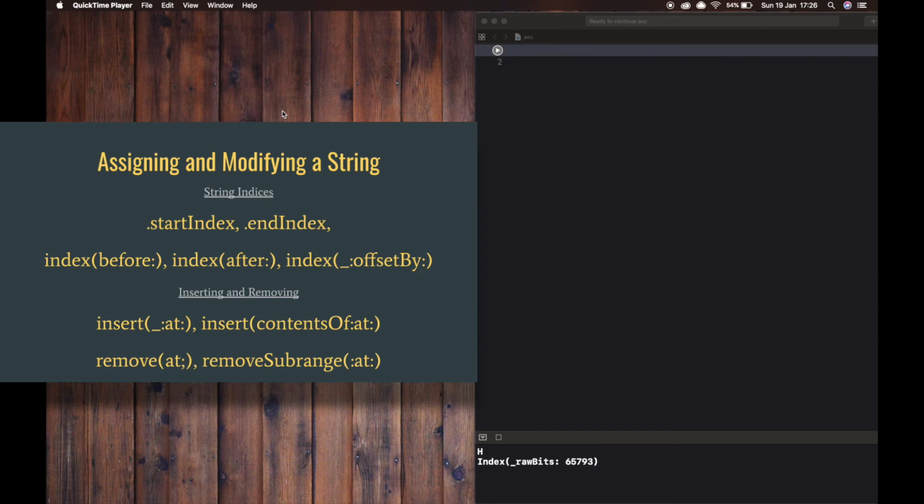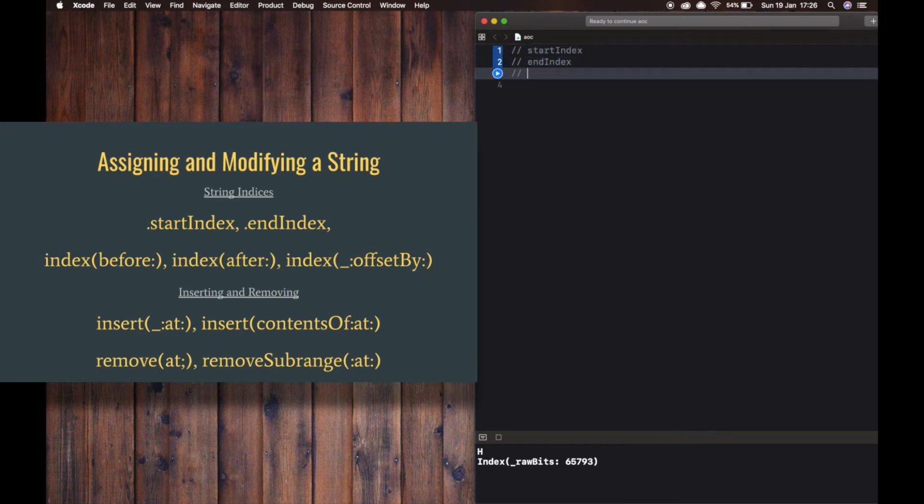Okay, let us check how we can use the string indices. There are four concepts. The first property is startIndex. The startIndex property is used to access the position of the first character of a string. The endIndex property is the position after the last character in a string.